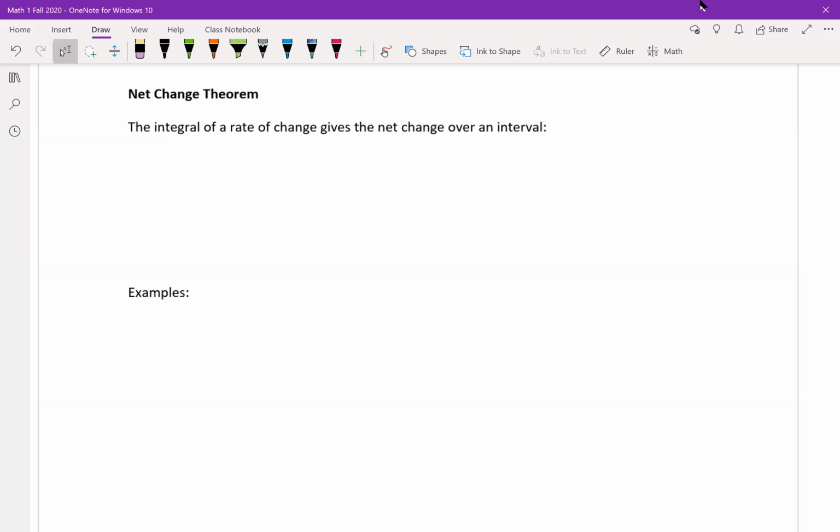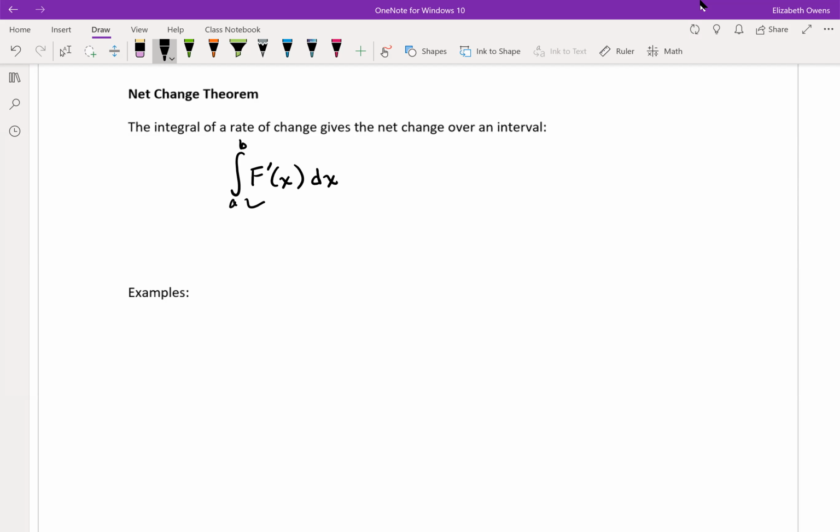All right, the last thing that's a part of section 5.4 is something called the Net Change Theorem. And the idea here is that the integral of some function that represents a rate of change is going to give the net change over an interval. So if we're taking the integral on the interval a to b, and we've got something like F prime of